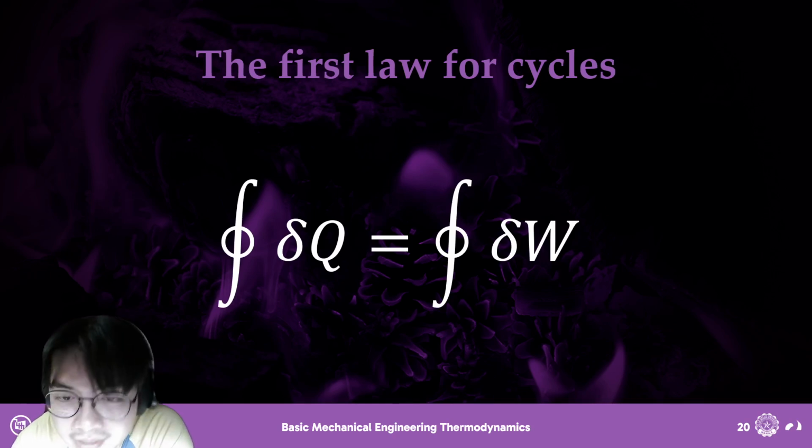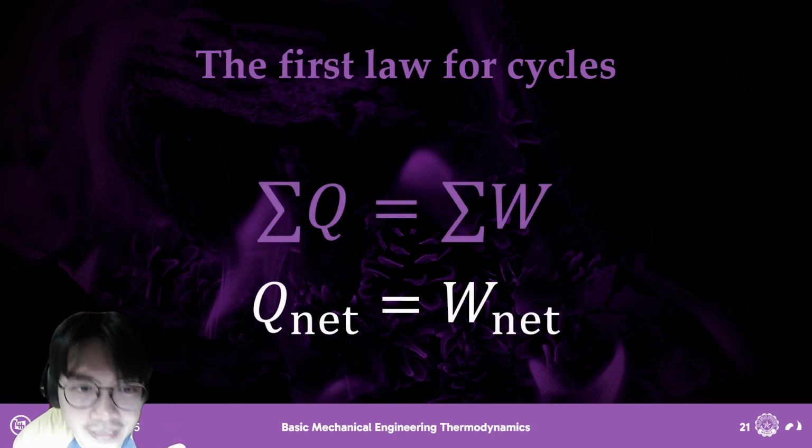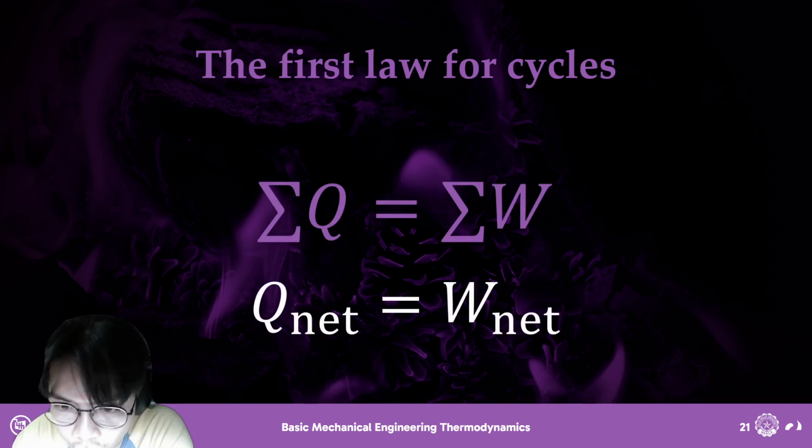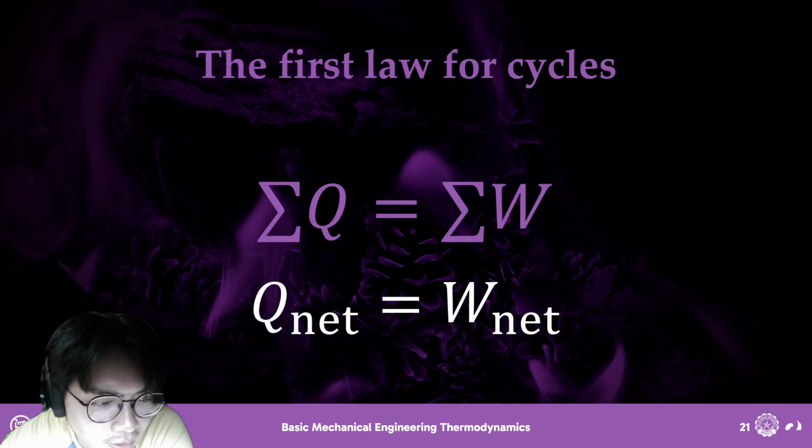In other words, in simpler terms, if you sum up all of the heats, you will get a value that is equal to the sum of all works. So heat net is equal to work net. That's it. We said earlier,